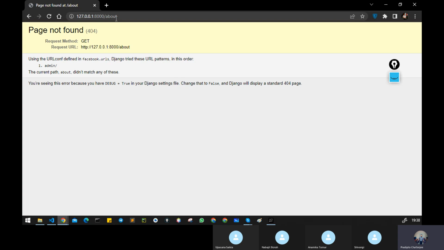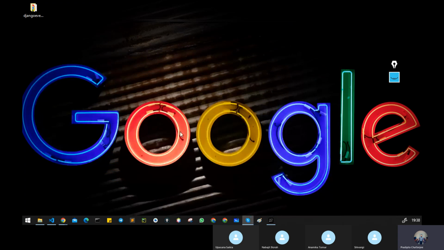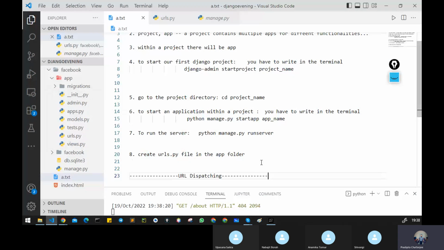So how can I specify this kind of thing? How efficiently can we specify this? This is what I want to happen properly. So for that purpose, let's open our VS Code. And for URL dispatching,